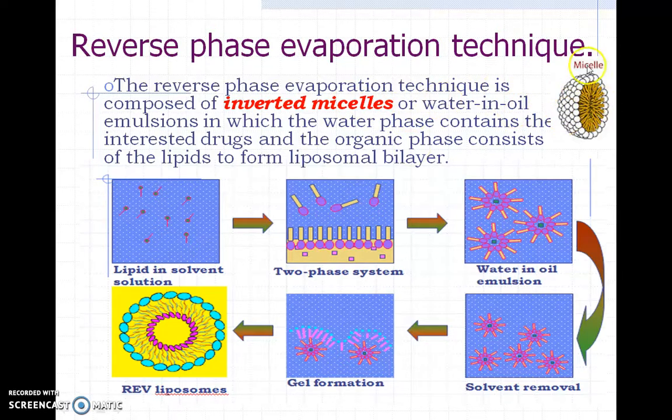So this is the structure of normal micelle in which polar ends are headed towards the water, means exterior side, and the core of this micelle is non-polar end, means hydrophobic ends. But in this method we are forming the inverted micelles, means polar ends are towards the center and non-polar ends are towards the solvent. Means here solvent we are using, that is organic phase.